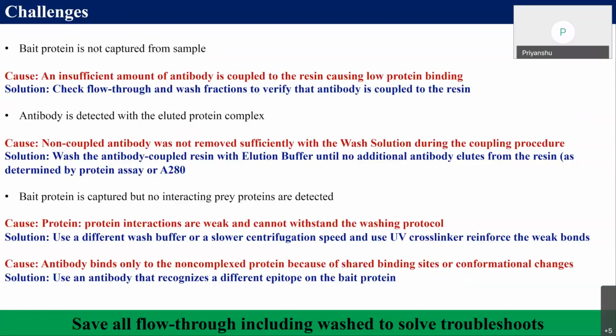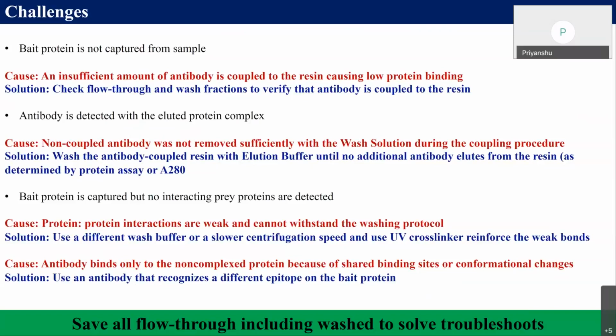So where it goes, you mean the binding specificity? Yeah, sometimes the antibody does not bind very specifically to the beads. In that case, the complete antibody comes out in the wash buffer. Then you cannot get the prey proteins or interacting partners because the antibody was completely washed out.